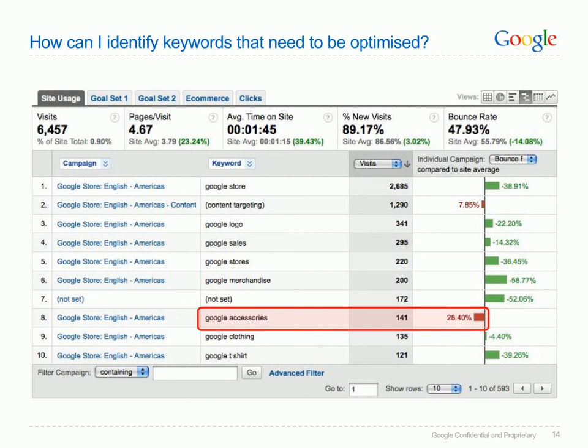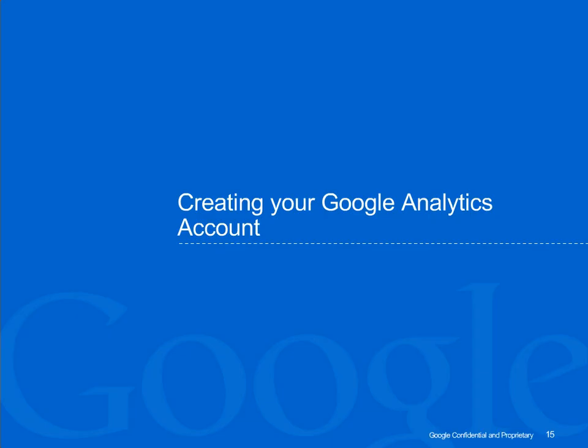How can I identify keywords that need to be optimized? Bounce rate is an indicator of visits that left your site having not proceeded beyond the landing page. Keywords with an above-average bounce rate could be leading customers to a landing page that they didn't expect. Consider the keyword apple. You may be selling the fruit, but are your customers looking for a new computer or possibly some Beatles album? It's clear that Google Analytics can give you a wealth of information previously hidden about visitors